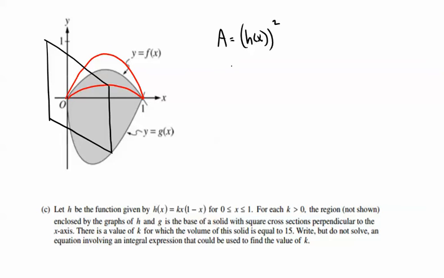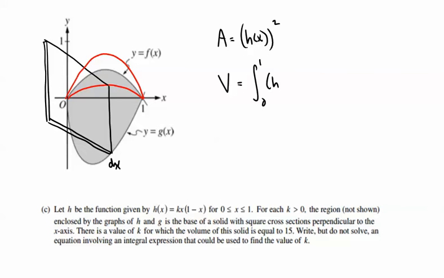And then it's going to have a little bit of thickness to it, which is also a dv. I'm sorry, would be a dx. And so the volume here would be the integral from 0 to 1 of h of x,